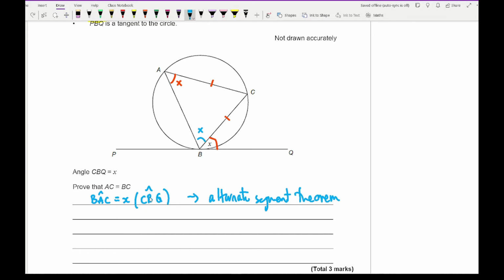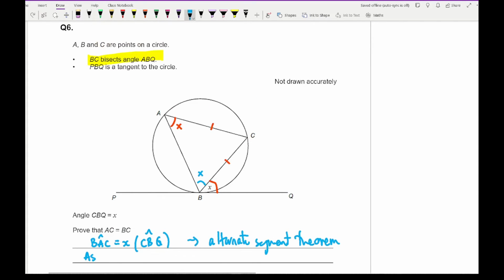Then, in terms of this, we know that as BC bisects the angle ABQ,